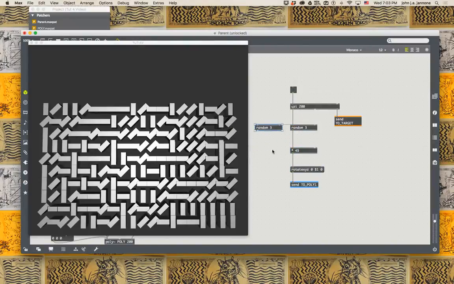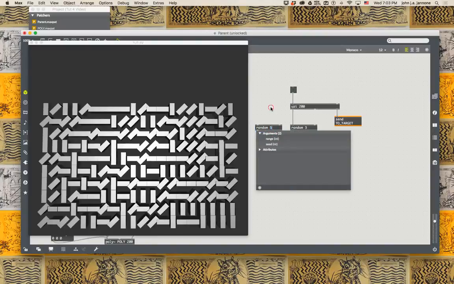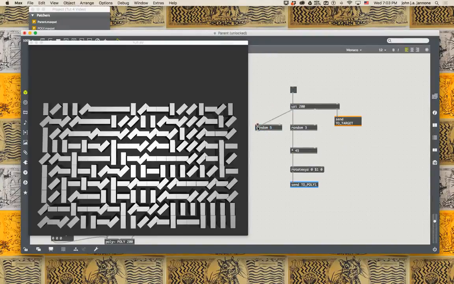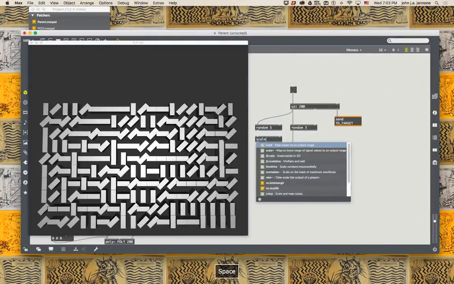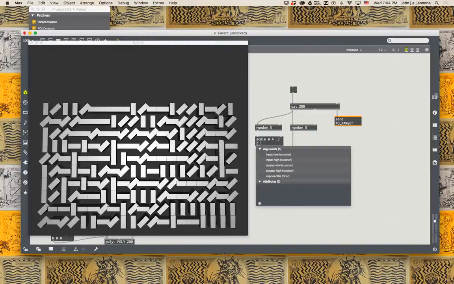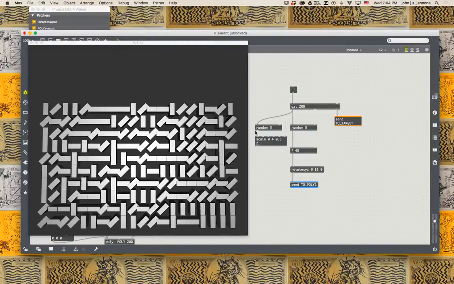So do maybe 5 different scales, and we'll say from 0.3 up to 2,